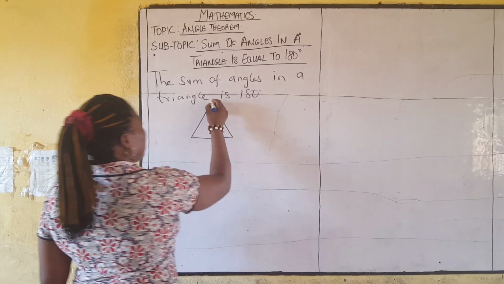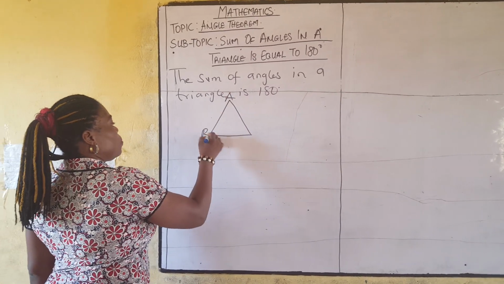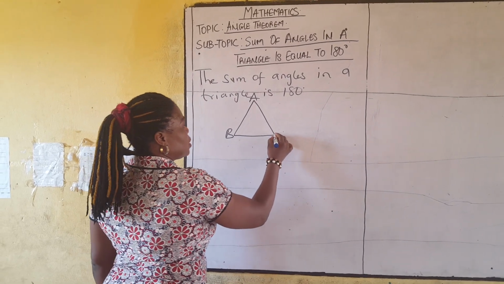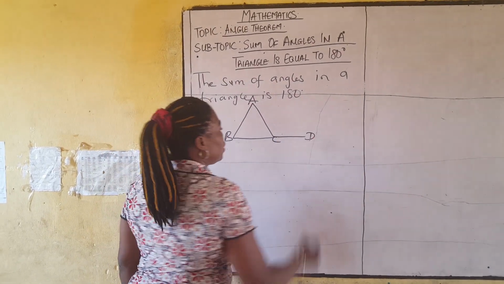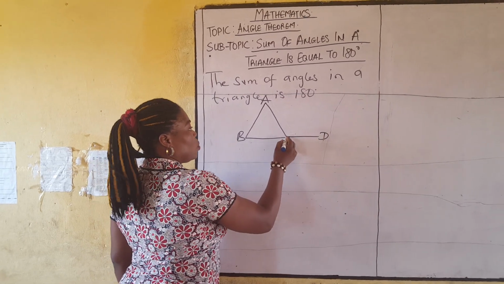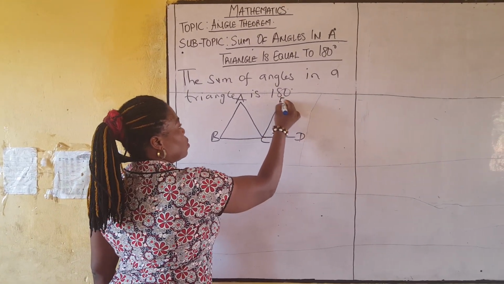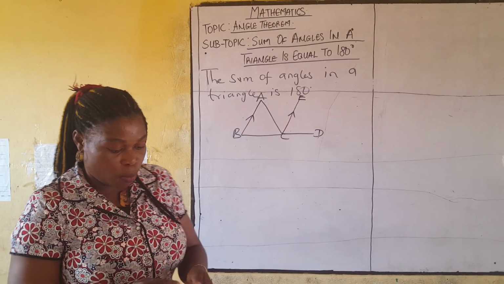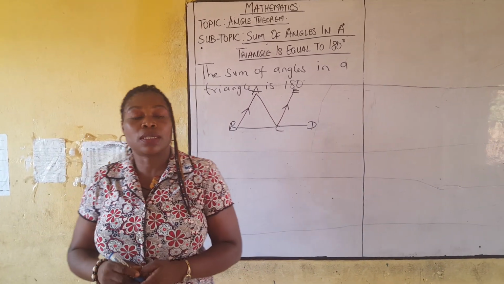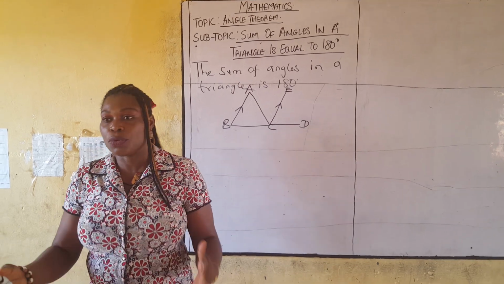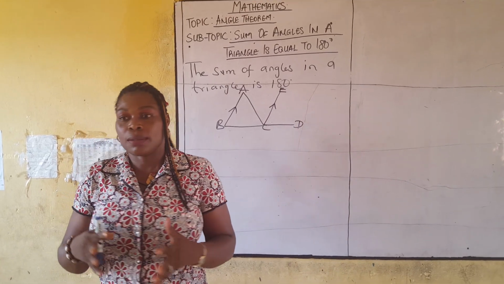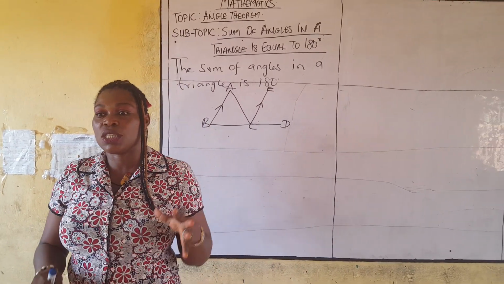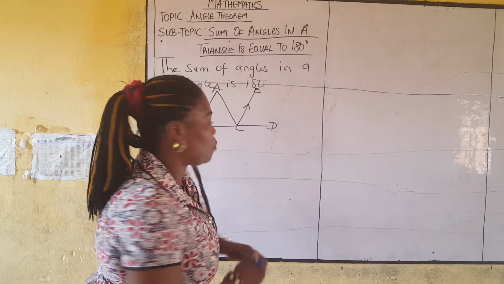Okay, so this is the triangle. When labeling a shape, when labeling outside you use a capital letter, but when labeling inside you use a small letter. Okay, so we have something like this. I always tell my students that whenever you are given something to prove, there are three things you are supposed to do. I abbreviated it, which is GTC. The G stands for